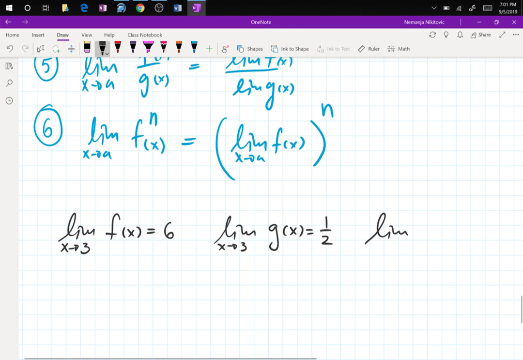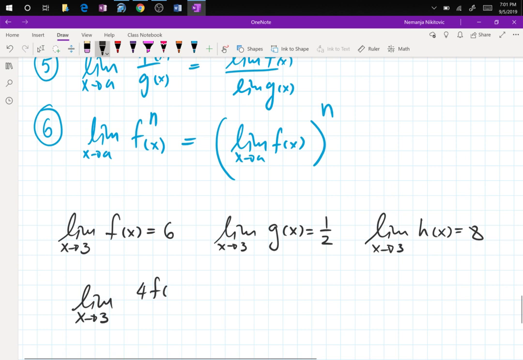And then the limit as x goes to 3 for some function h of x is what number? Can't think of any number. 8 it is, thank you very much. 8. So now I am asking you, what is the limit as x goes to 3 for